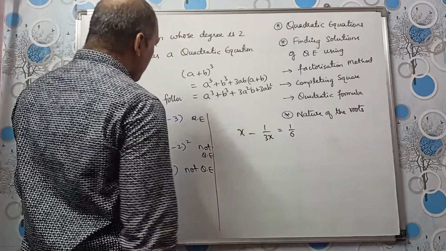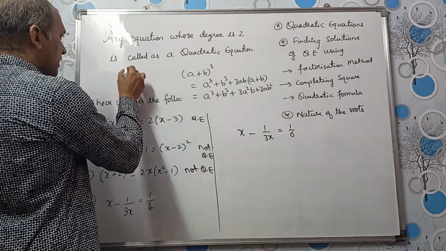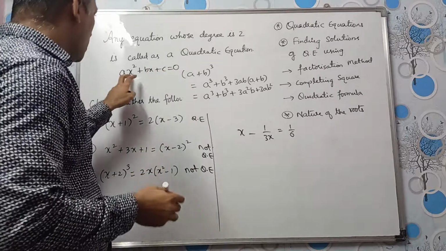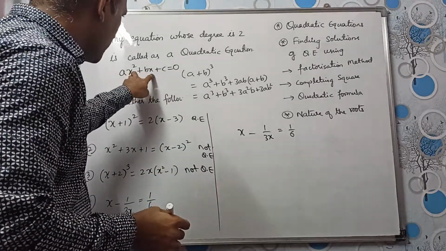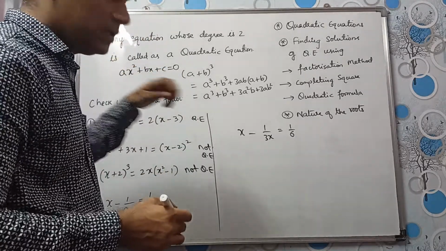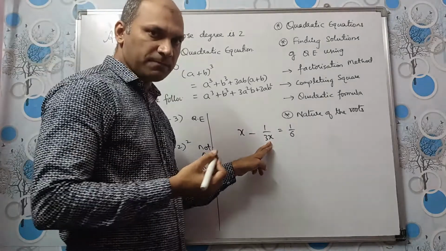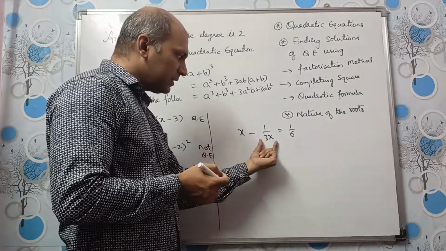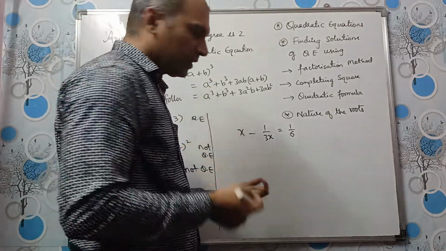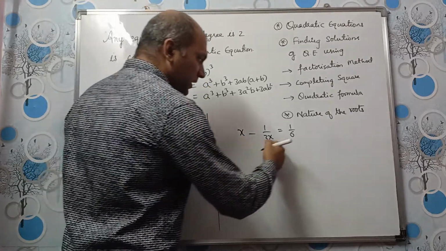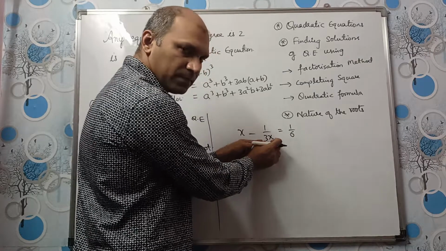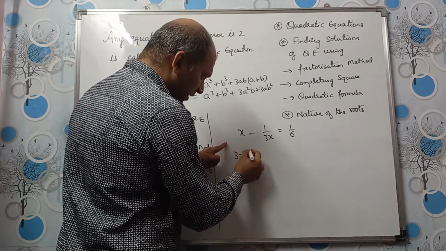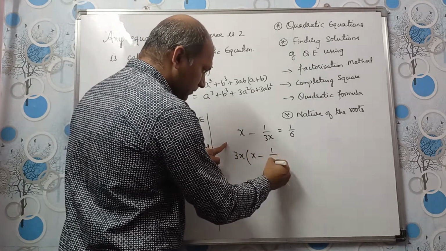Now see, the standard form is ax square plus bx plus c equal to 0. All the variables, that is, the x values should be in the numerator, right? But here it is in the denominator. So what can we do about that? We need to write this 3x in the numerator. So we can do one thing, we can multiply both sides by 3x, right? Okay, so let us see, multiply both sides by 3x.